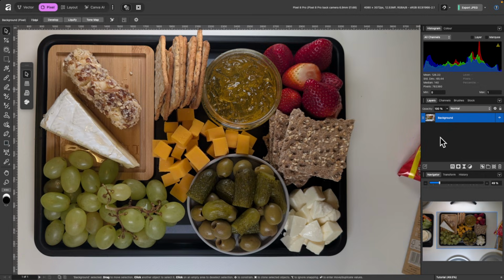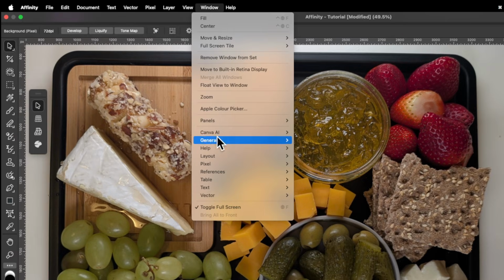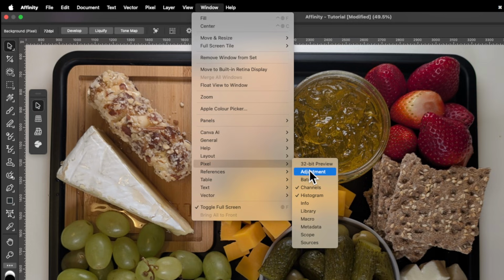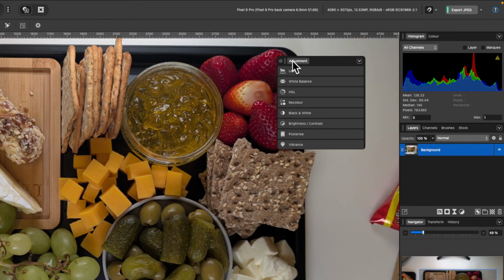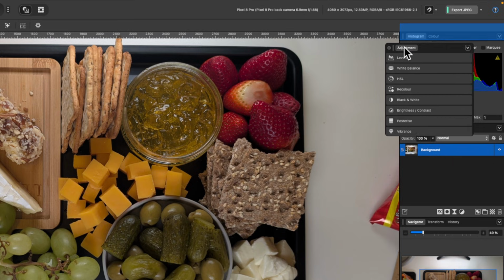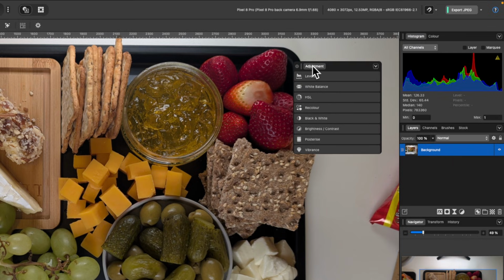And the third way of making basic adjustments is to use the adjustments panel. And how we get that to show is we go up to window, we go down to pixel, and then we go to adjustment. And you see it's been automatically added over here in the studio, so I can select that and just drag it out. So from me showing you these 3 ways of doing it, you can see why you might want to create your very own studio to have these panels always in your workspace. Perhaps you'd want to kind of like dock them in here so they're always available for you every time you edit a photo. But this will become more evident to you the more you use the program.